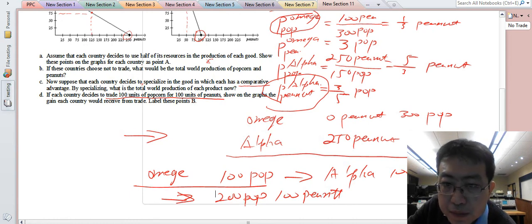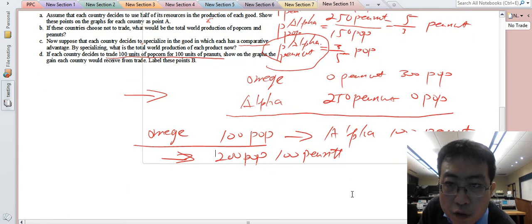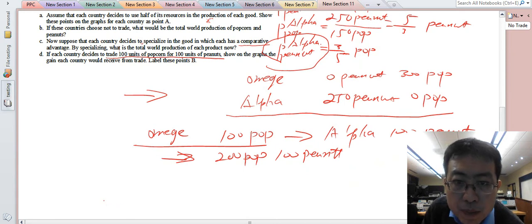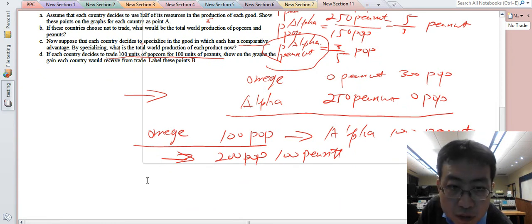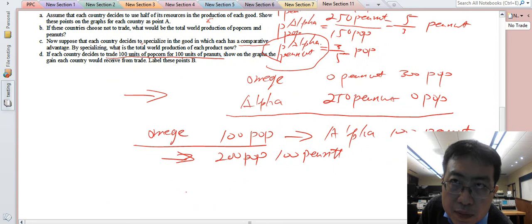And then for alpha, we're going to produce 250 peanuts and 0 popcorn, but we're also going to send 100 peanuts to omega for 100 popcorn. So the consumption point for alpha is going to be, let me do the math in my head, 250 peanuts produced. We send 100 over, so we're going to